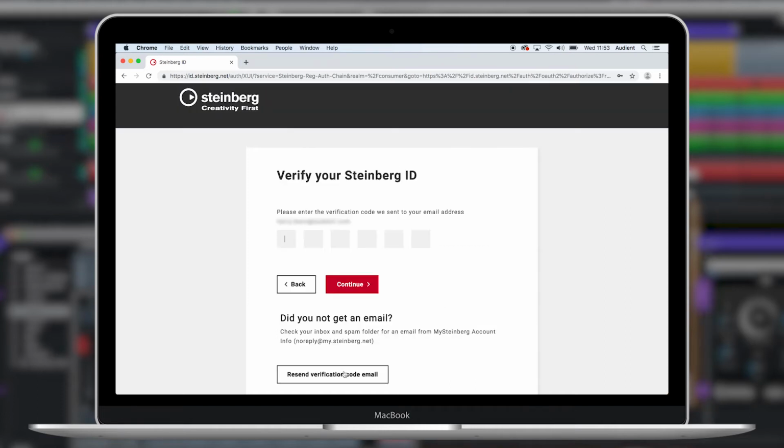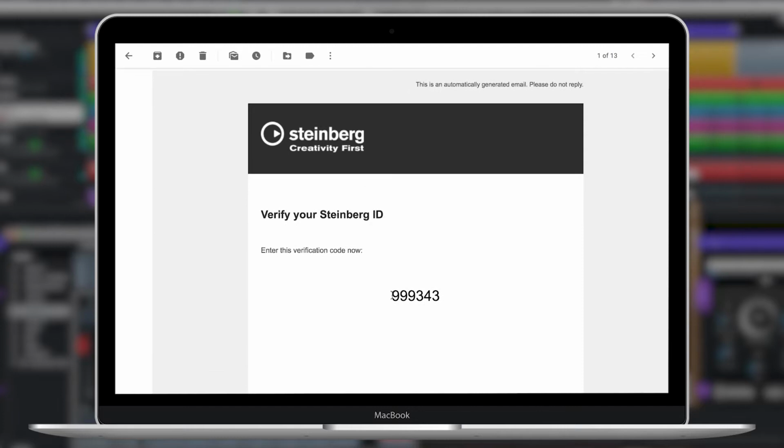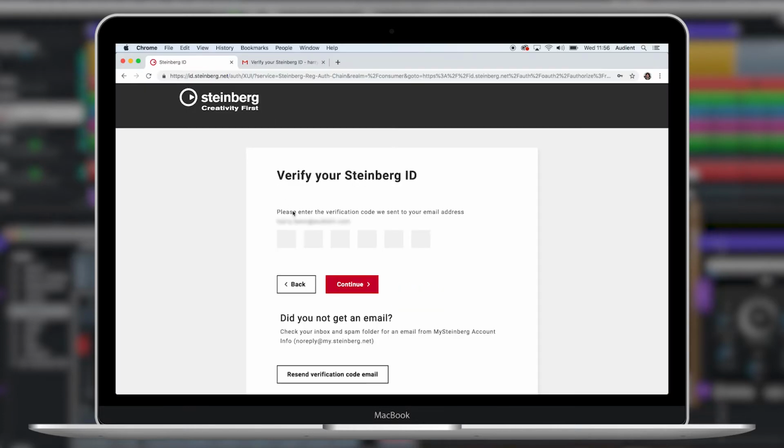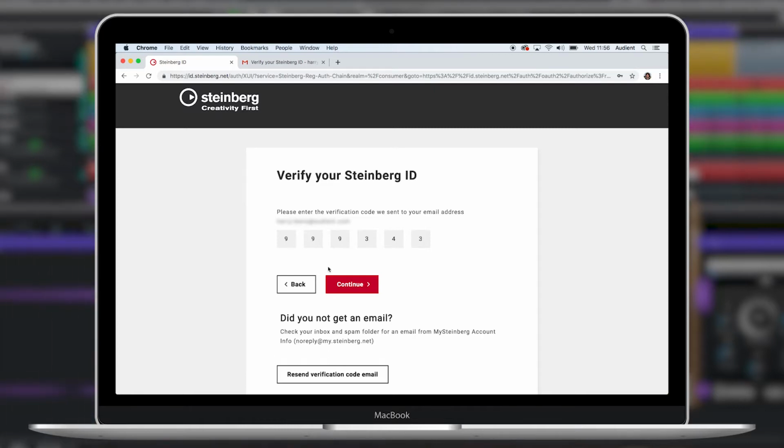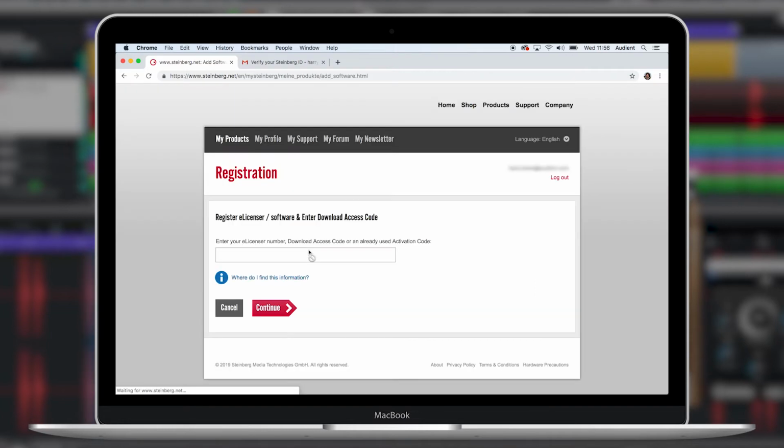Before you can do anything, you'll need to verify the account, so head over to your email and you'll see a new one from Steinberg, inside which will be a verification code which you can copy and paste into the verification window. Now that you've logged into your Steinberg account, the website will prompt you to enter our download access